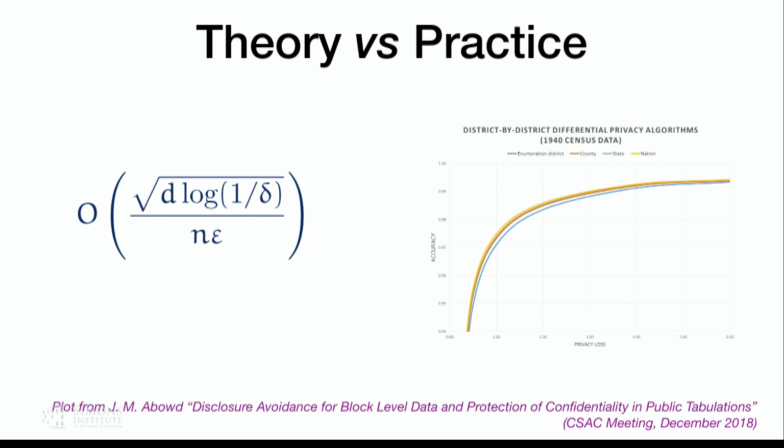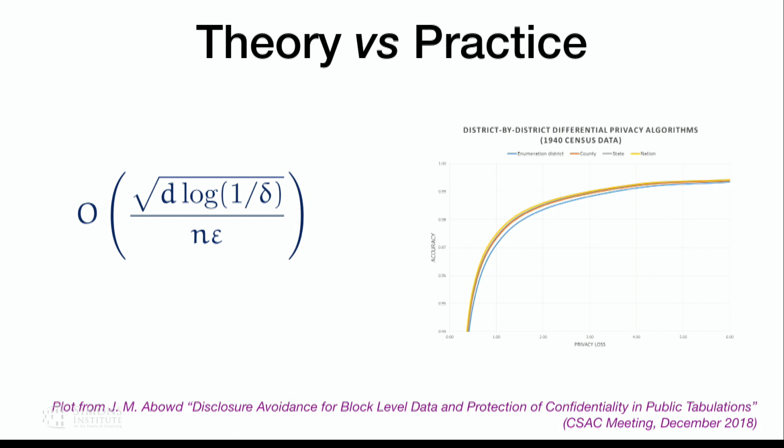or maybe the bounds are just worst case bounds, but it so happens that in the application, or the particular data set or the particular setting that you're trying to run your algorithm in, maybe this bound is not exactly what it should be. So maybe, I don't know, the D should be a log D in the case that I'm trying to apply the algorithm to. Maybe this 1/n rate only kicks in when n is on the order of millions, and maybe I don't have millions of data points.